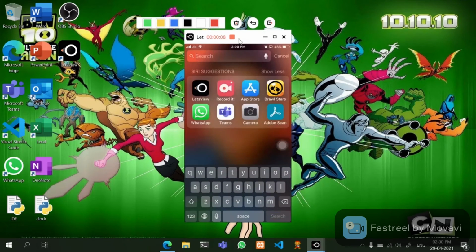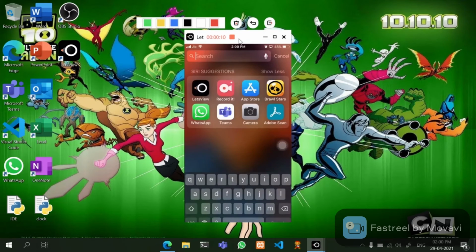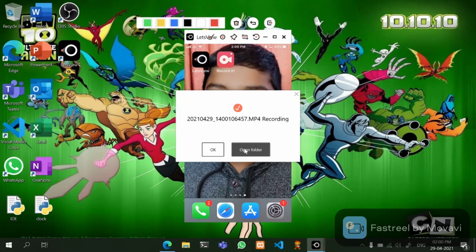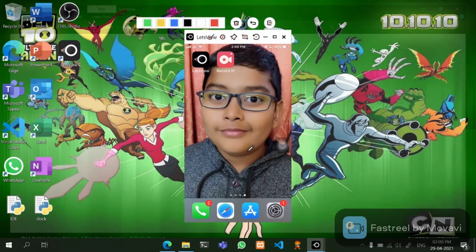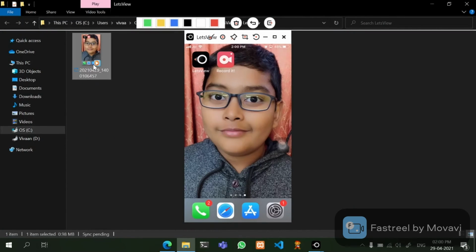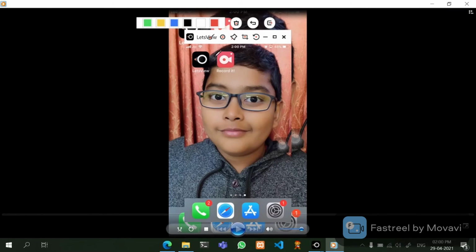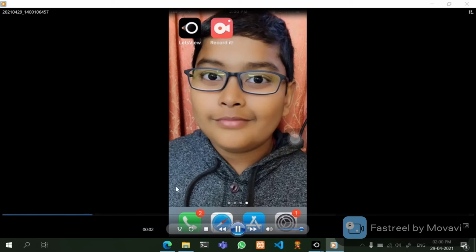If you don't have any screen recorder on your phone, or you don't want to record through your phone, you can use this. You can stop it, and it is now saved here. We can see that the recording quality is also very good. It doesn't hang at all.